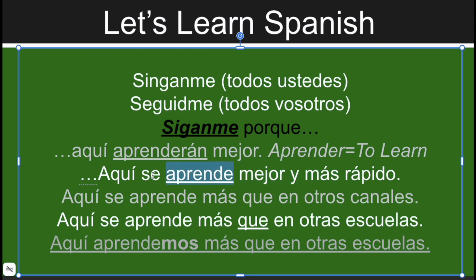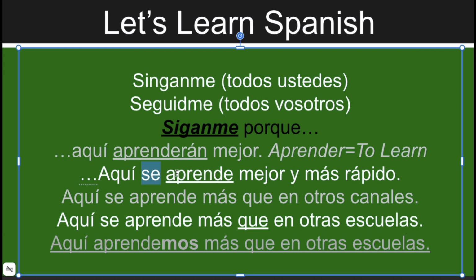Aquí se aprende. Here it's learned mejor y más rápido. For example, se aprende. It is learned. So this se, right now, it's not a grammar lesson. It's just for you to learn how to say follow me. But we have these sentences that include some grammar in them, of course, right? And you might wonder, why is this se here? I'm so confused, all right? Don't worry about it. Just learn it. And the more you learn,